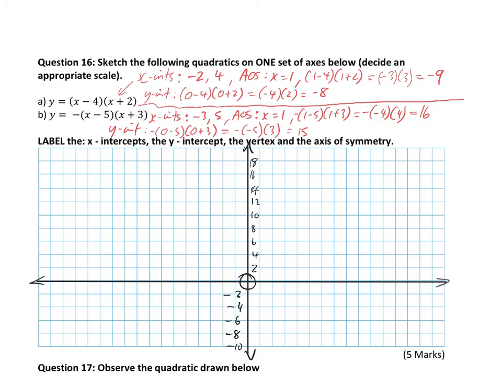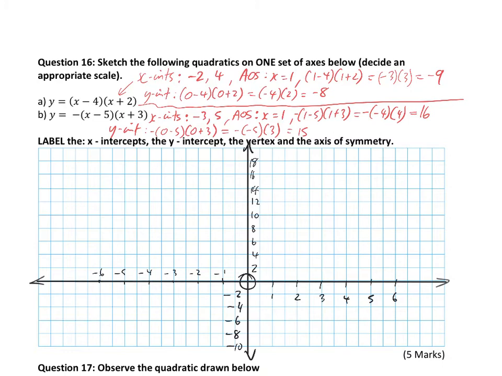That's quite wide. The widest I need to go is 5, negative 3, so I can do it 2 by 2. 1 per 2. 2, 3, 4, 5, 6, negative 1, negative 2, negative 3, negative 4, negative 5, negative 6. So I've got my axes set up here. Sketch the following quadratics on one set of axes below, deciding appropriate